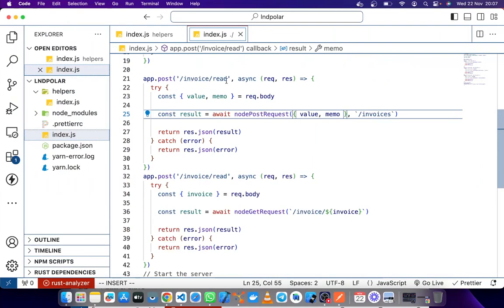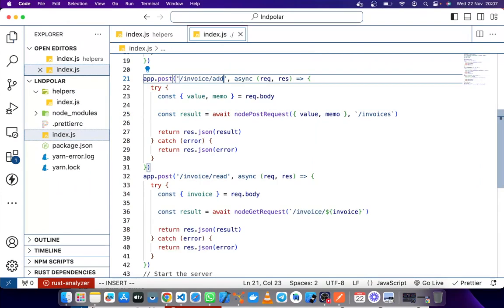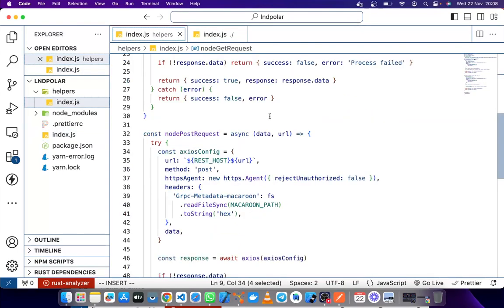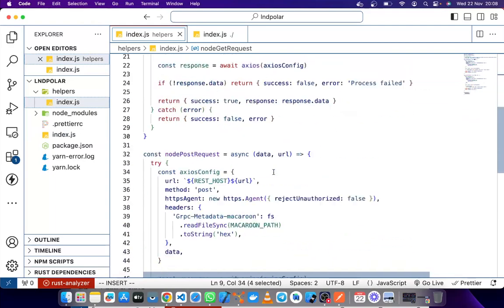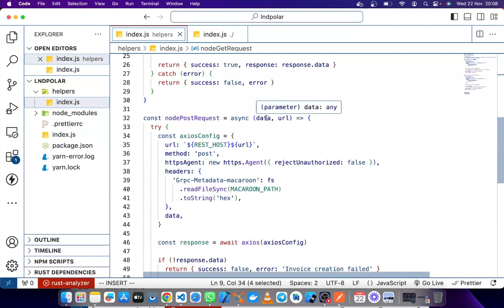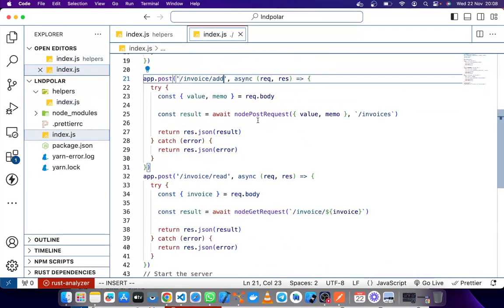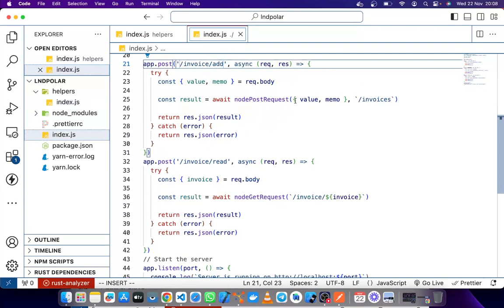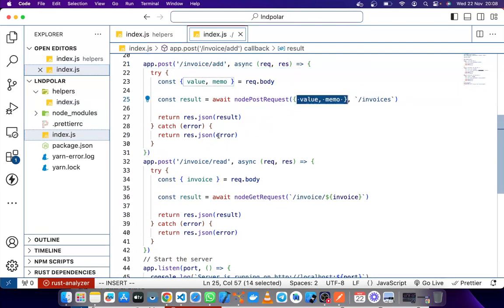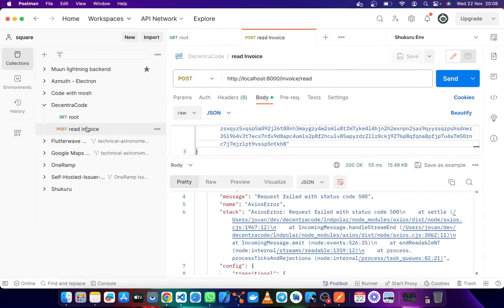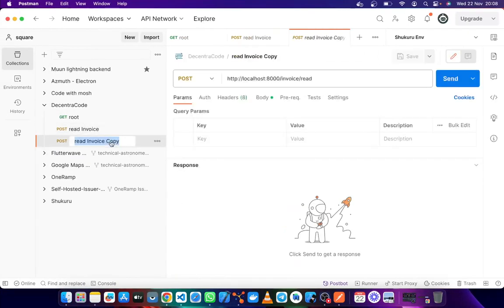So we'll go ahead and call invoice add, and then I think everything is the same. Let me look at my post request. It starts with data and it goes with URL. Post, the macaron is there. So data, the data is here, and then the invoices, and then everything is there. So using this endpoint, maybe I'll duplicate this,